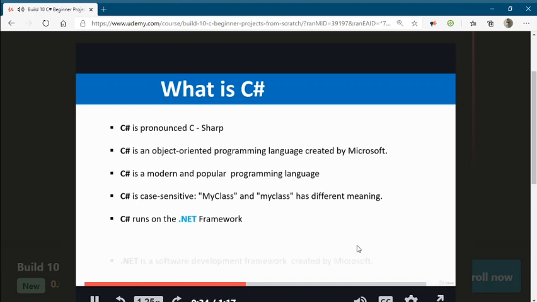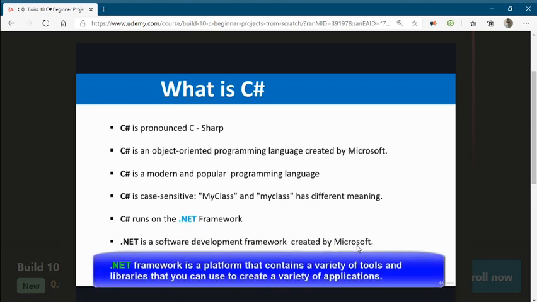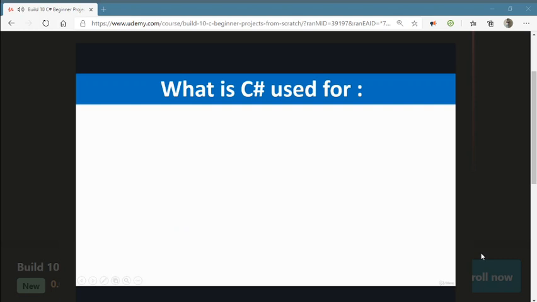The .NET framework is basically a framework for developing software. It is created by Microsoft. It is made up of different types of tools and programming languages and libraries for building different types of applications. C# can be used to build a variety of applications like mobile applications,